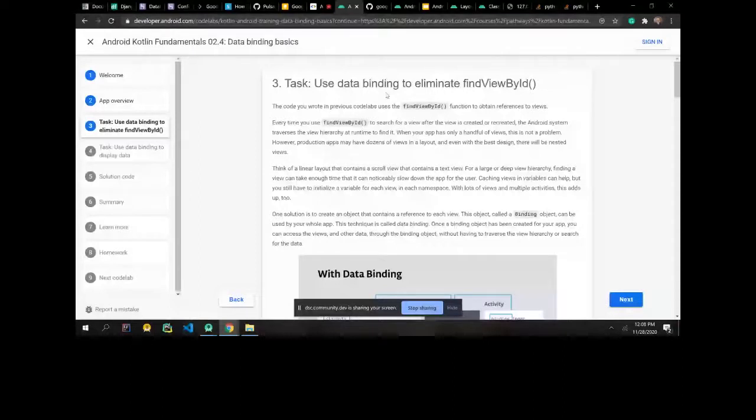In Android, if you look at the underground workings, every view in your layout is assigned as a node in a tree. So whenever you call findViewById, you're telling Android, I am in my Kotlin code and I want to get this view. So what Android does is